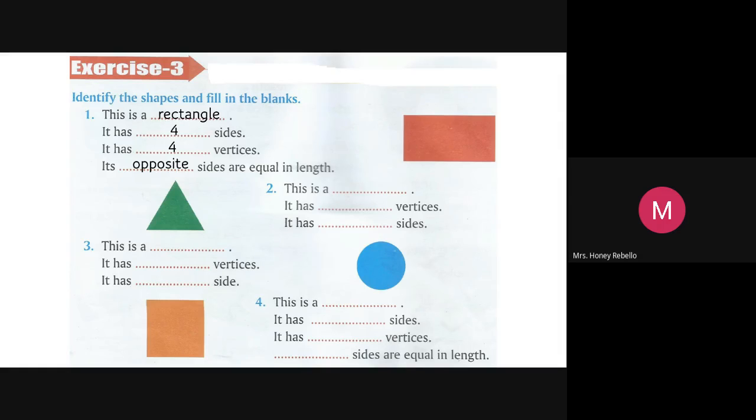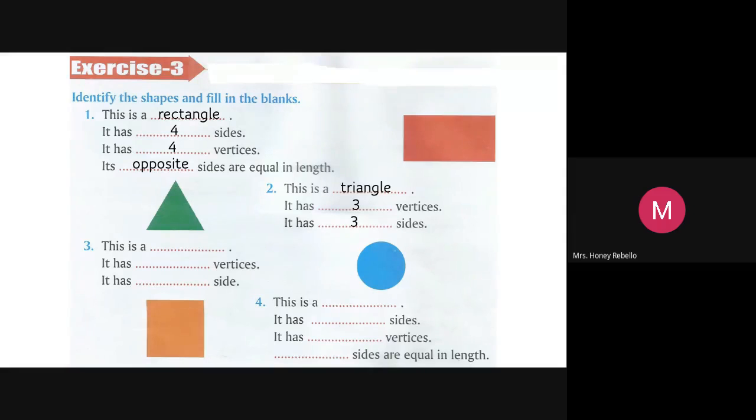Now, second one, Archand and Anandit finished. Next one, Ashwant, can you tell me what figure is this? Second one, green. What is it? Tell me soon. It's a triangle and it has 3 vertices and it has 3 sides. You must tell fast. Okay. Next one. Three sides. It has 3 sides.